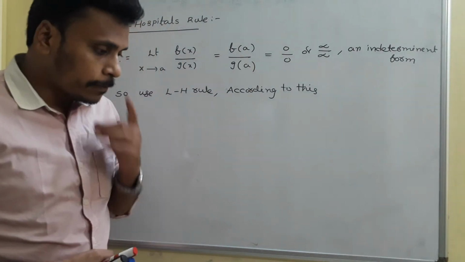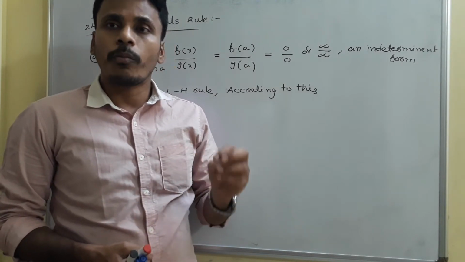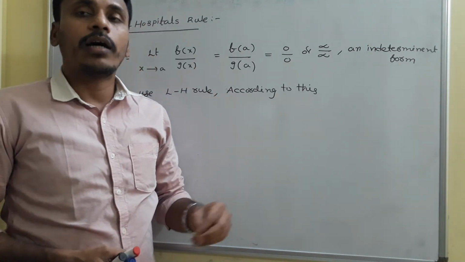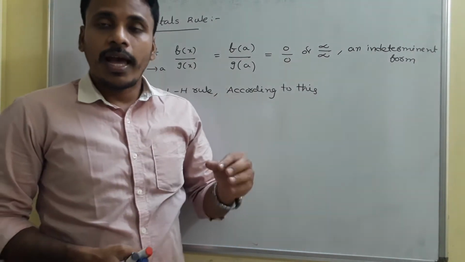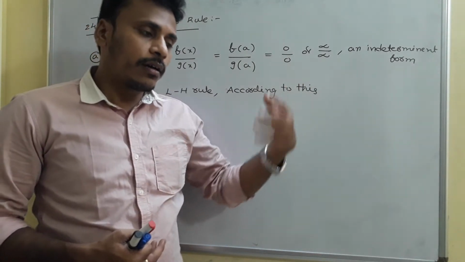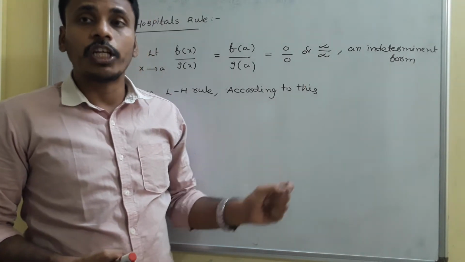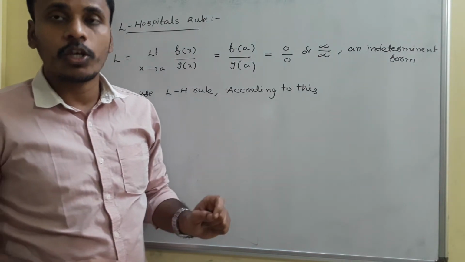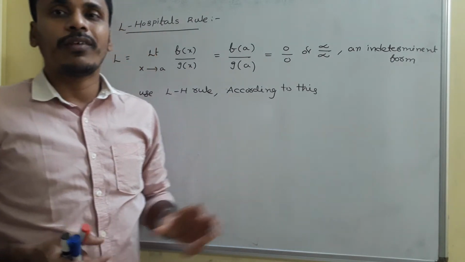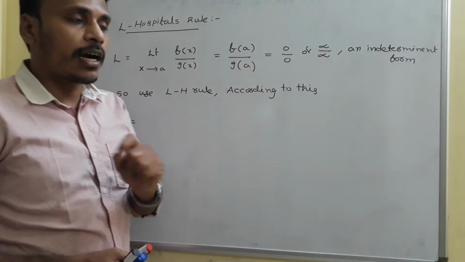But to proceed with L'Hospital's rule, we need to know some formulas related to differentiation. I think you all know the formulas of differentiation. After this limits chapter, the next chapter is differentiation, where we will discuss differentiation problems and formulas. But here we need to use differentiation and its formulas to find the limit of a function according to the L'Hospital rule. The proof is not required for us, but the procedure and the concept are required.